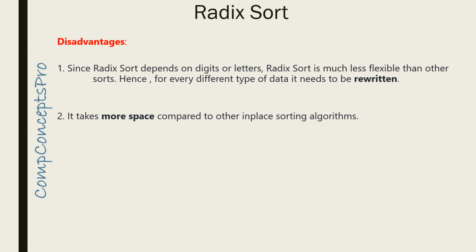As we saw in the example, in addition to the array that will be sorted, we need to have a sublist for each of the possible digits or letters. And if we are sorting English words, we will need at least 26 different sublists, and this number will further increase if it contains alphanumeric words. And lastly, if the numbers are not of the same length, then a test is needed to check for additional digits that need sorting. This can be the slowest part of radix sort.